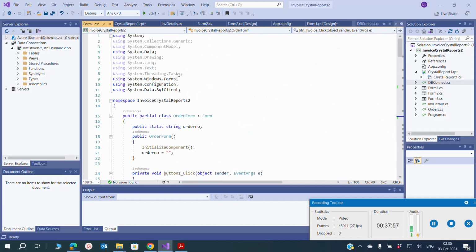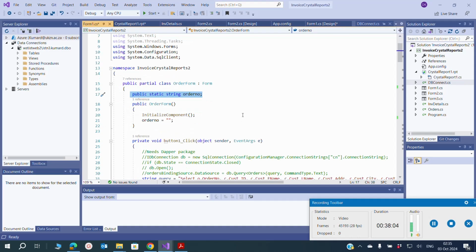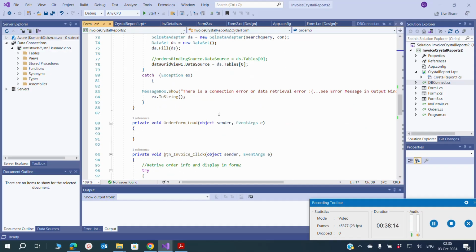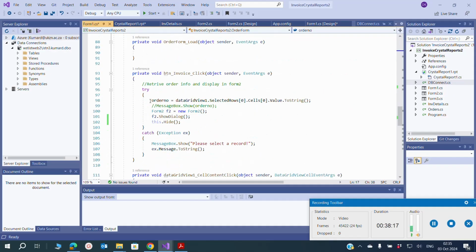Remember, right on the top here in form 1 we created this public static string order number, and we initialized this order number by selecting an order number right in the first form, where we selected a grid, and when we selected a grid we assigned the order number to this public static field,